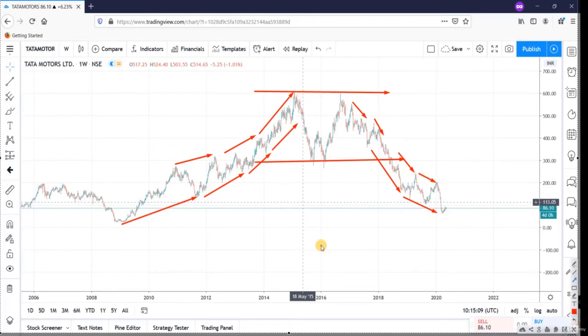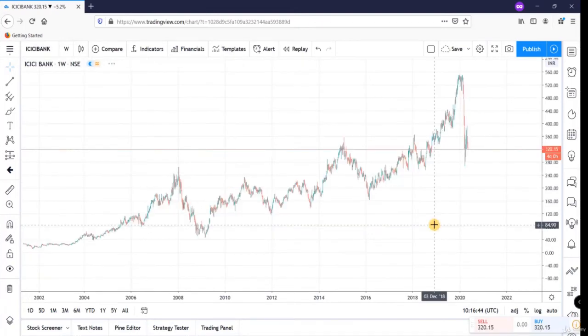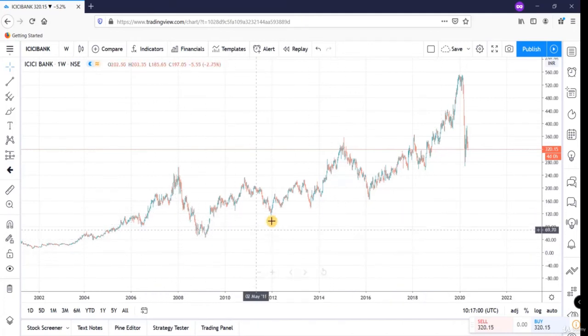Let's take one more chart and find out the current trend for each trading perspective. This is the weekly chart of ICICI Bank. Now find out the current trend for long-term trading perspective as the chart is weekly time frame. Right. The current trend is uptrend and currently the stock is in retracement phase. This was a sharp correction in this stock.